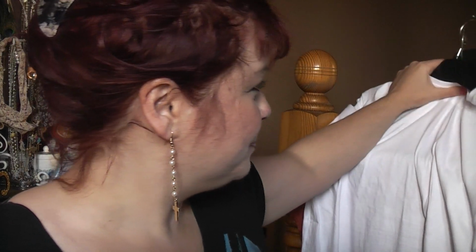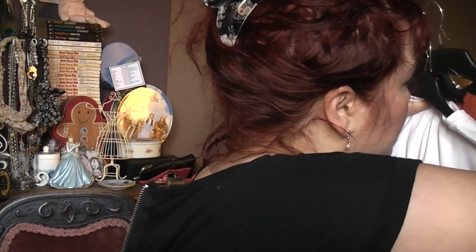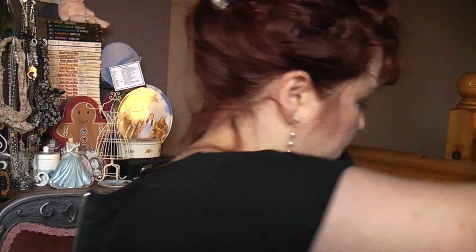I totally forgot to show you the Primark clothes. I can't believe it. So I've got 3 tops from Primark to show you. Alec got me them. We got in the sale,